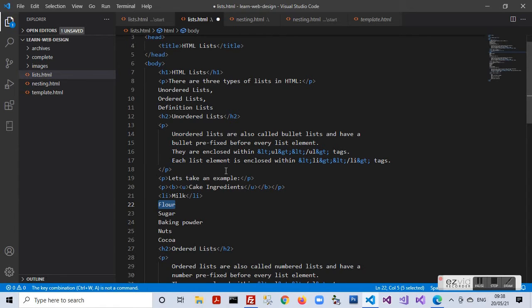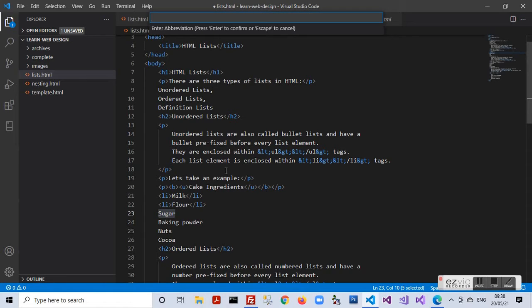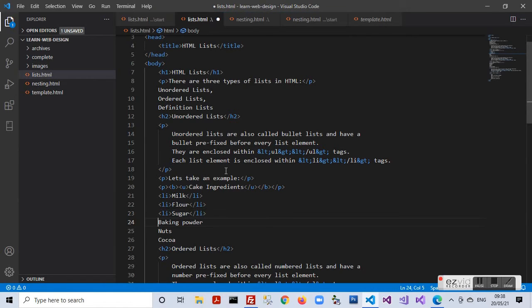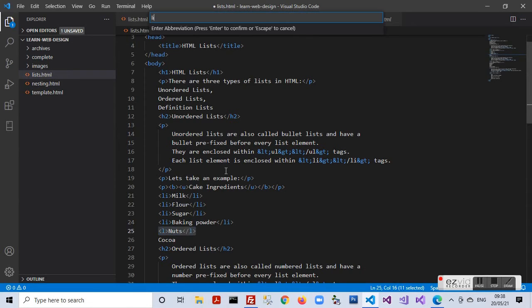Same I need to do with flour and sugar, baking powder, nuts and cocoa.